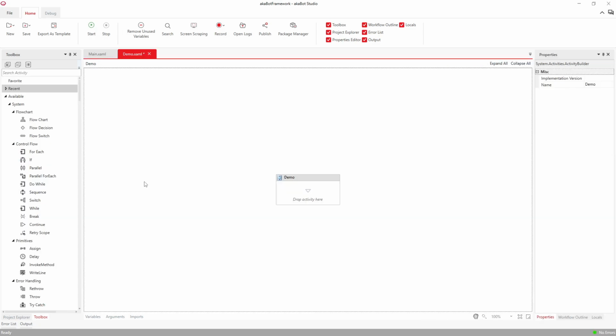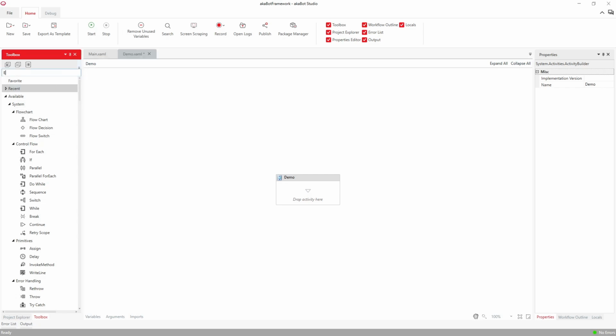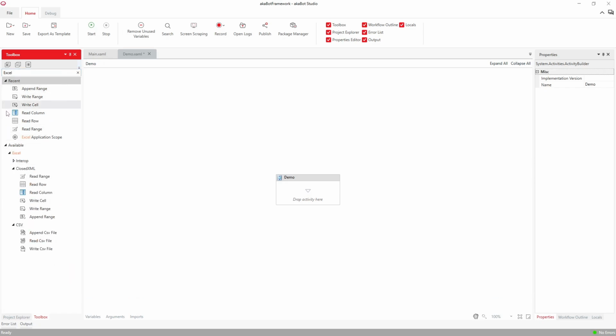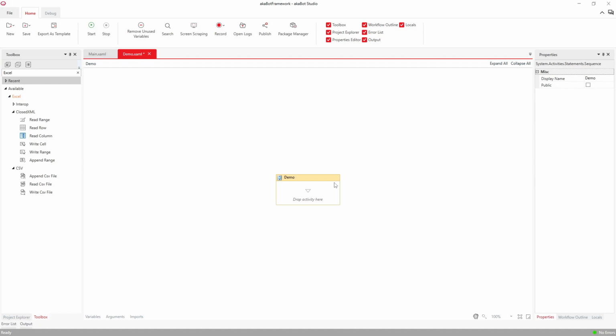Working with data table is working with the data inside the workbook. To interact with the workbook itself, we will need the Excel activity set. akaBot offers 2 sets of activities to access a standard Excel workbook: Excel Interop and Closed XML. Closed XML does not require Microsoft Excel to be installed on the akaBot machine, but it only allows some basic interactions